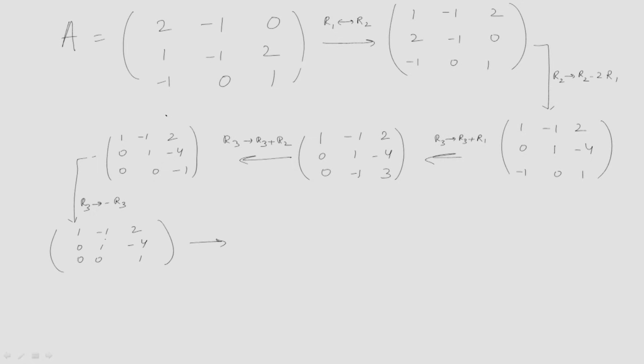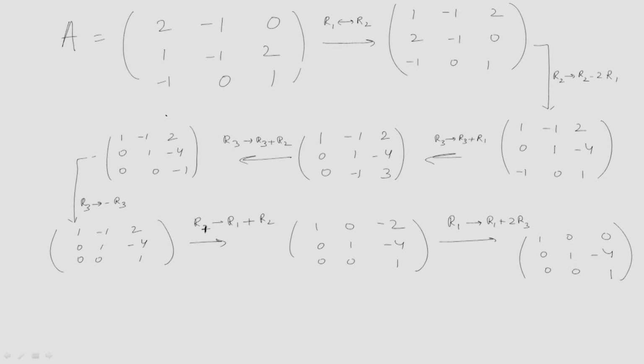Now, you want to make 0 here with the help of this. So, you replace R1 by R1 plus R2. So, it is 1 0 minus 2, 0 1 minus 4, 0 0 1. Okay. Now, you want to make 0 here with the help of this. So, this plus 2 times this. So, in R1 you take R1 plus 2 times R3. So, it is 1 0 minus 2, 0 1 minus 4, 0 0, so this will be simply 0, and it is 1.